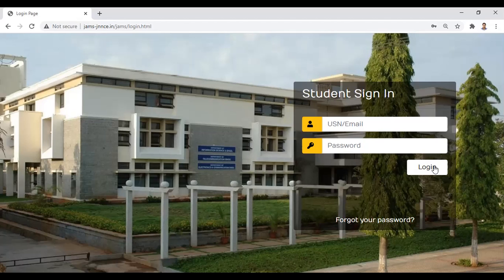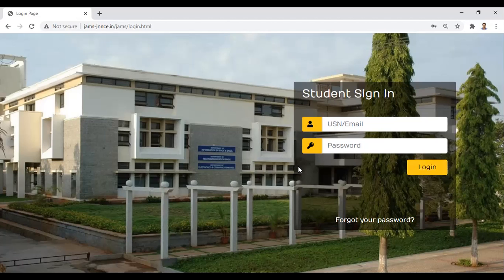If we consider this student sign in page, we have almost 3,500 logins. So a student will put the USN and password and click on the login button.